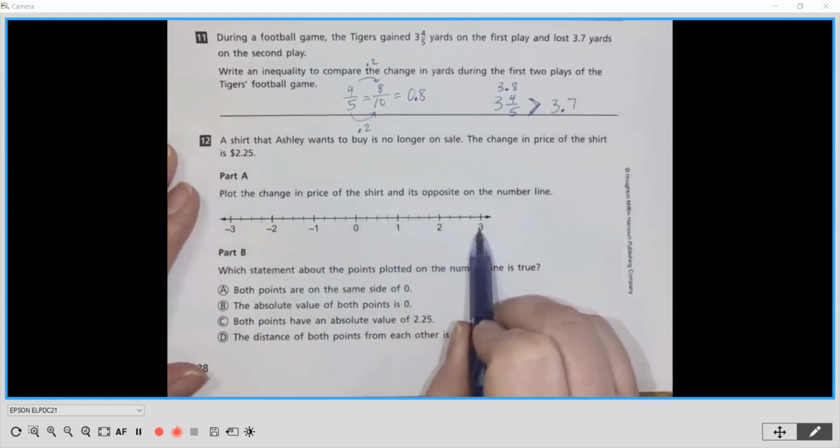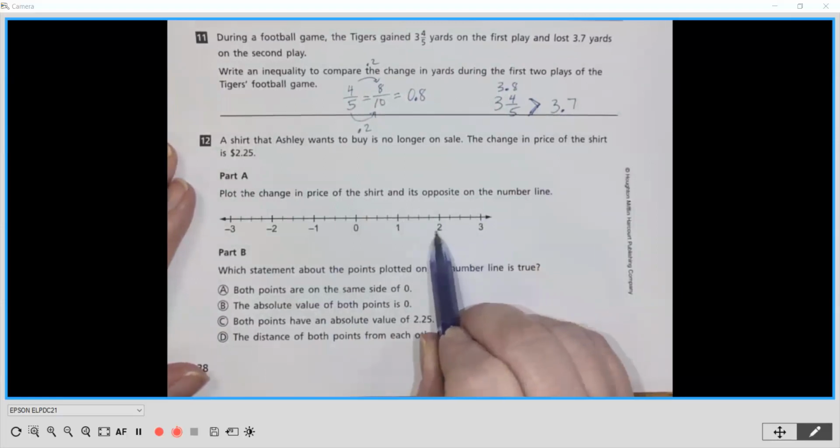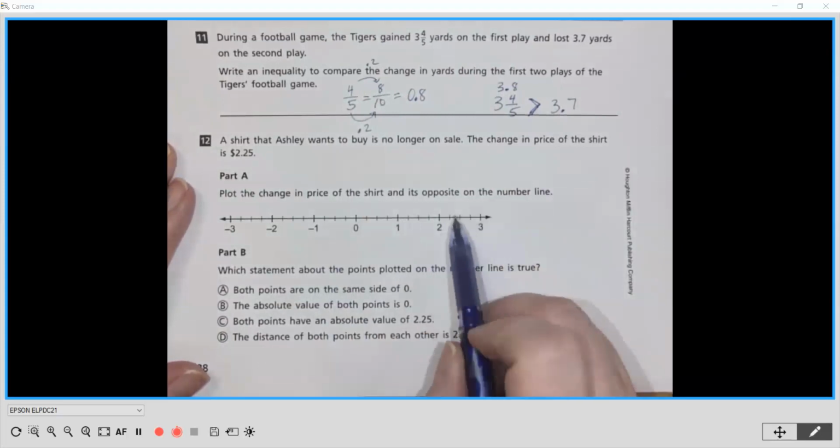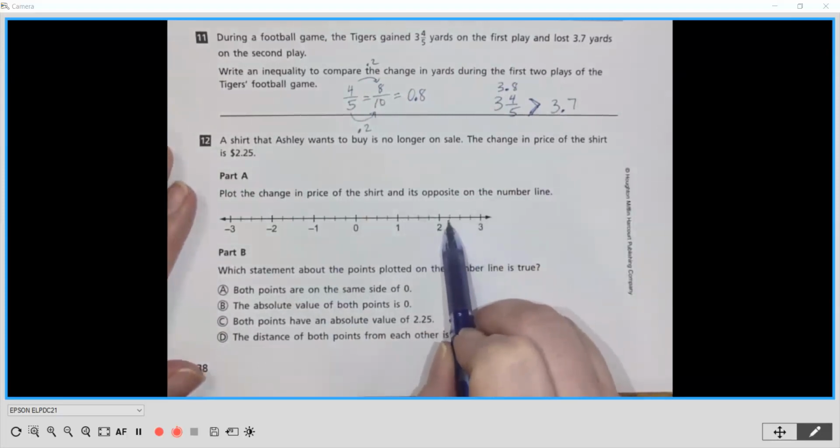So here's 2, there's 3. I want to look at my tick marks and see how many there are. That helps me to see what they're counting by. So when I look at my tick marks starting at 2, I have